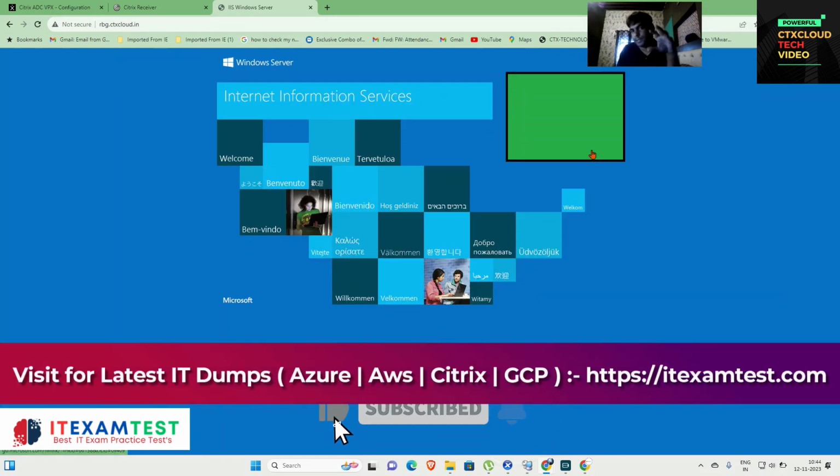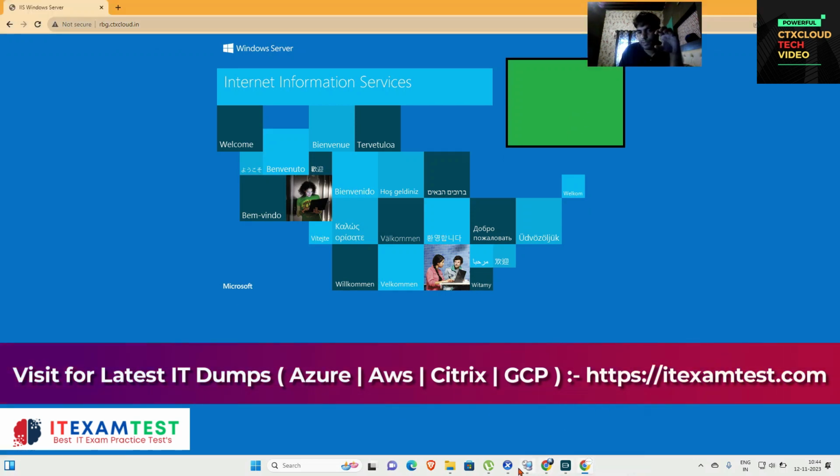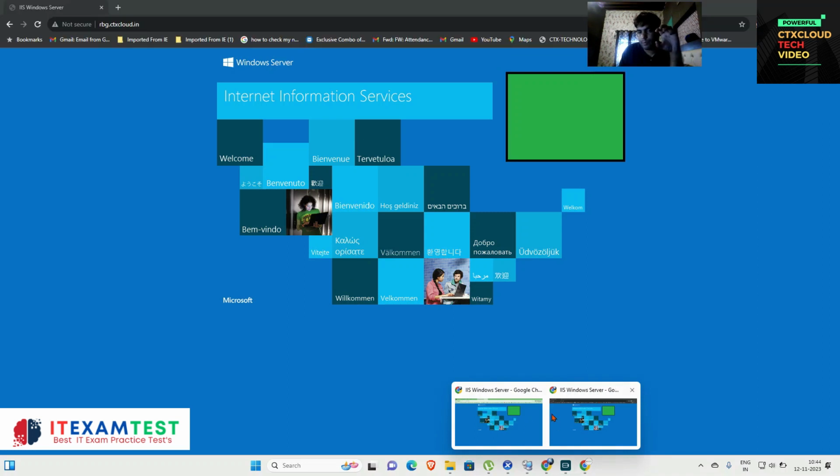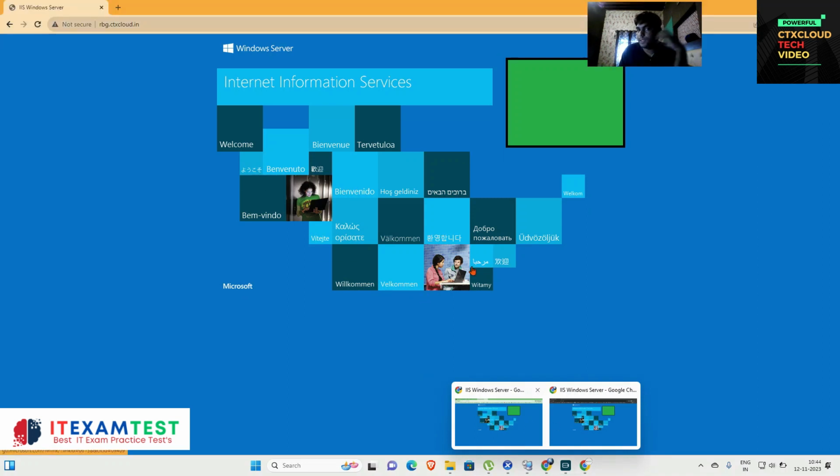So you guys can see that if I am opening the website from the same laptop, both requests go to the green server, because it is accepting source IP based persistence, which we have defined on our NetScaler,